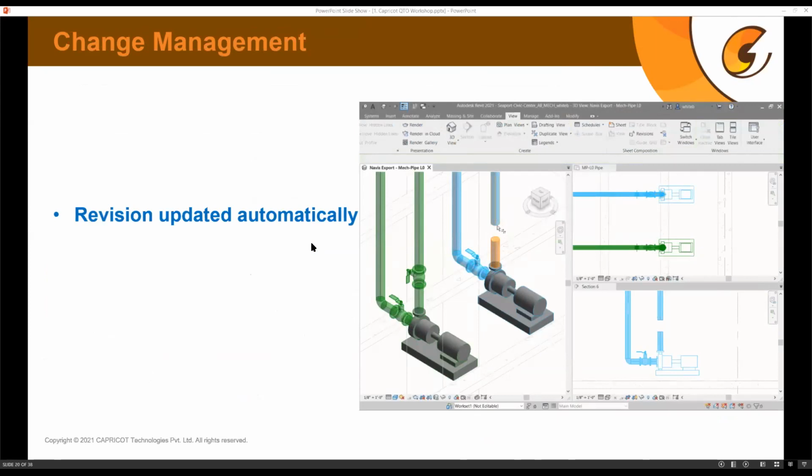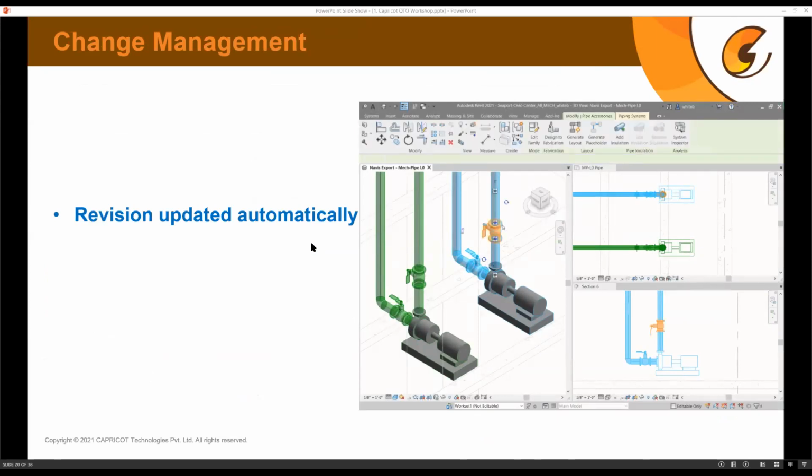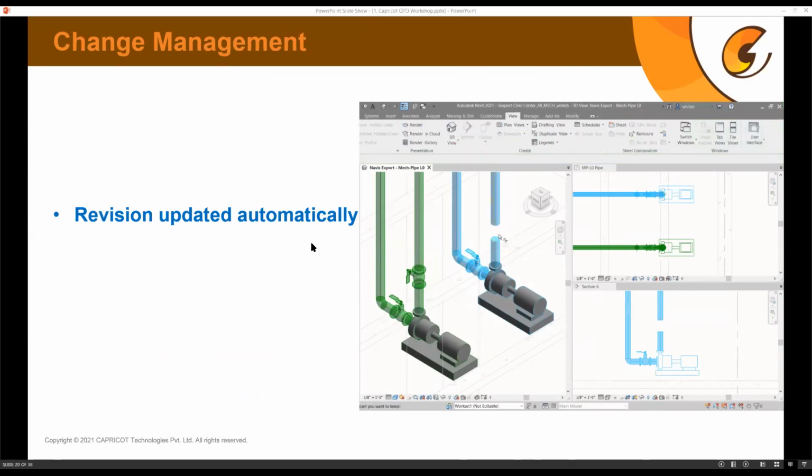So revisions are actually updated automatically. Whatever clashes we got, you can update them in one of the views, and all the related views will automatically update, which as a result will minimize the chances of errors and omissions.